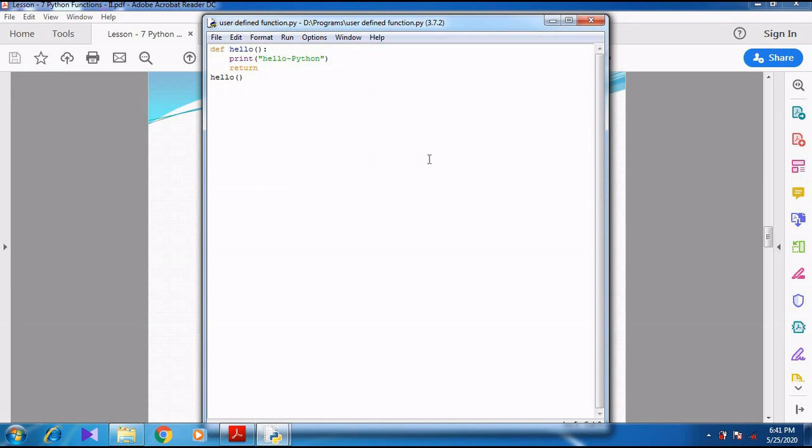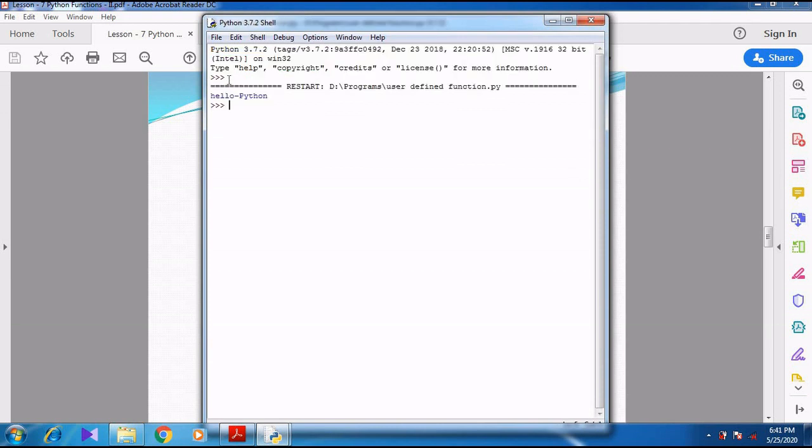Hello Python will be executed when I call the hello function. When I press F5, see here, hello Python. The output is displayed on the screen.